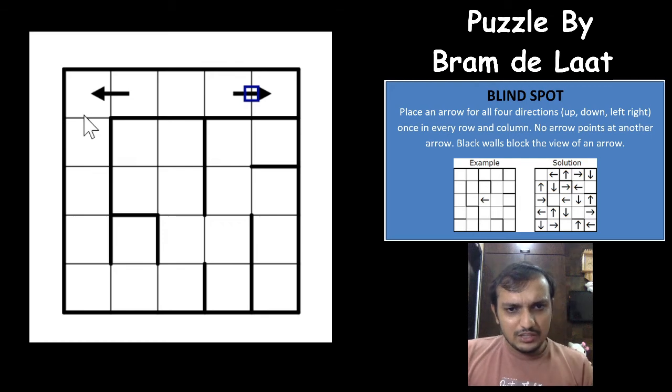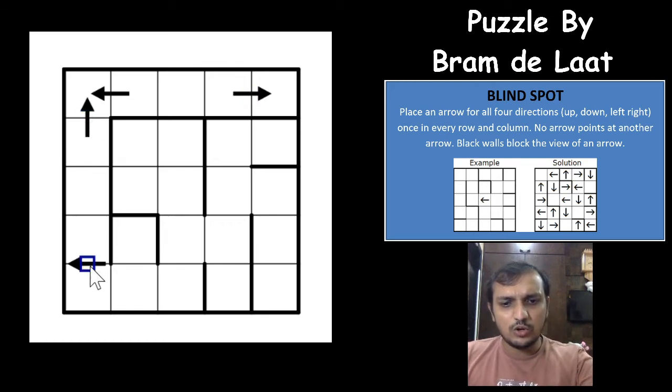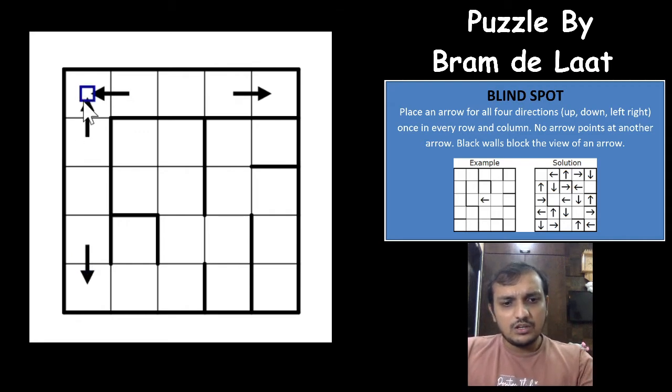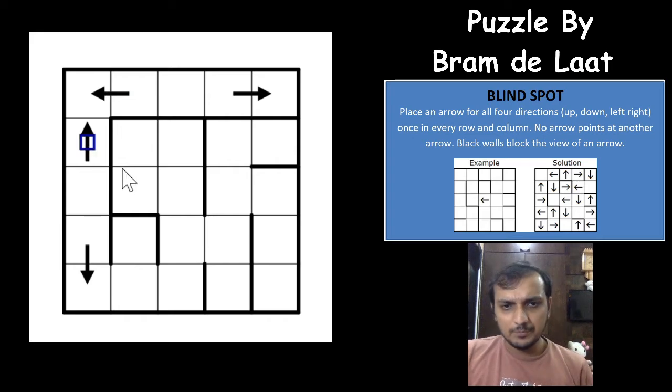The same way it works here. The upper arrow will have to be in one of these two cells and the lower arrow will have to be in one of these two cells. Now if you see here, that's a really excellent start to this puzzle. You cannot have the upper arrow here. If you have the upper arrow here, what happens is that the left arrow in this row will have to be somewhere here, and that will point to the upper arrow. So which means that this upper arrow will have to be here.